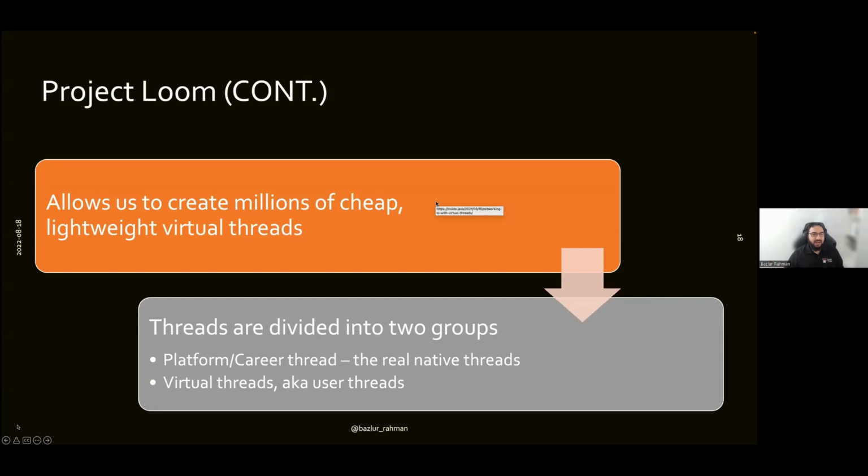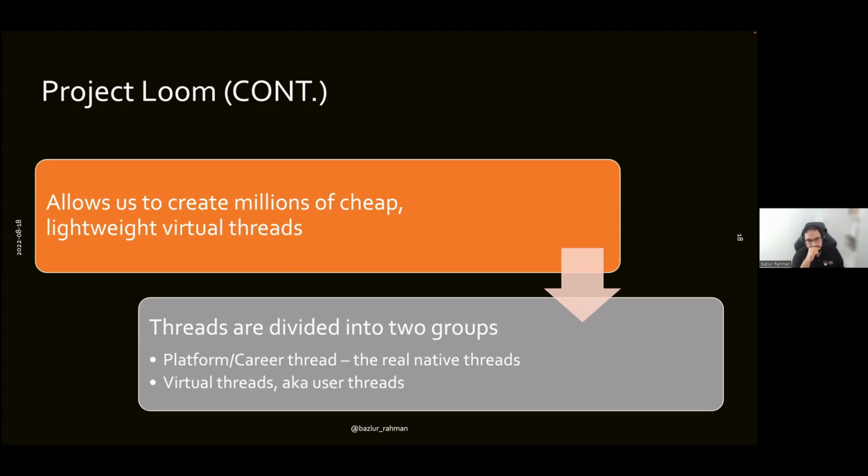Basically, the highlight of that demo is that using this Project Loom, you can create millions of threads, and these threads are cheap, lightweight, and they are called virtual threads.